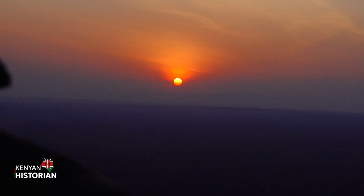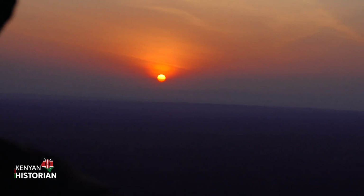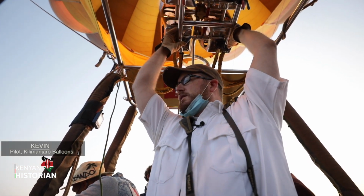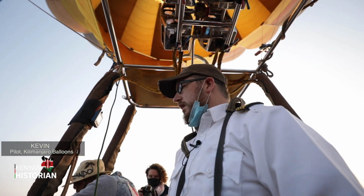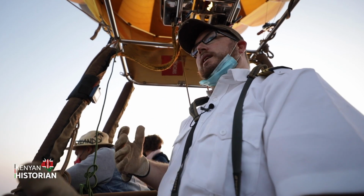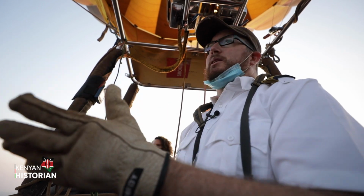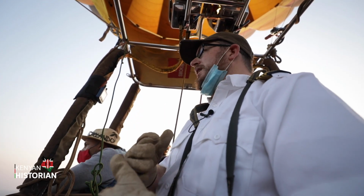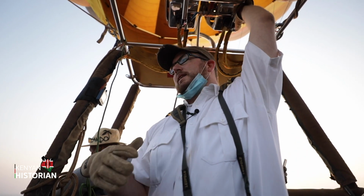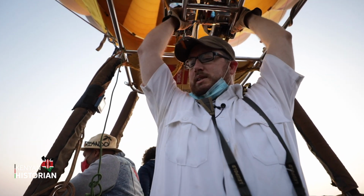What is the difference between here and the Masai Mara? It's a totally different experience, right? I may be a bit biased, but I think this is a better flight because you see a wider variety of things. In the Masai Mara, if you're lucky enough to go when the wildebeest migration is, you can't beat that flight anywhere in the world. You know, there are 1.8 million wildebeest and all the zebras and all the lions and everything that come with them. Sometimes though, and I flew there for a number of years,